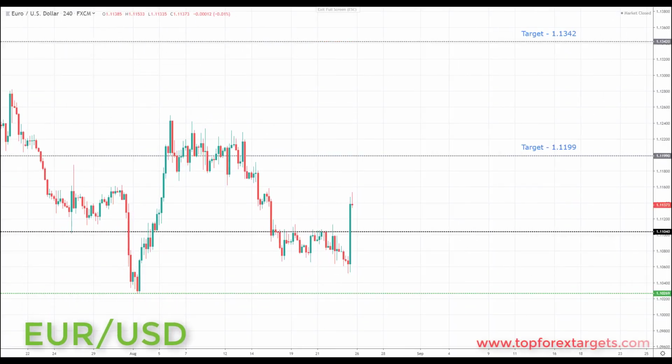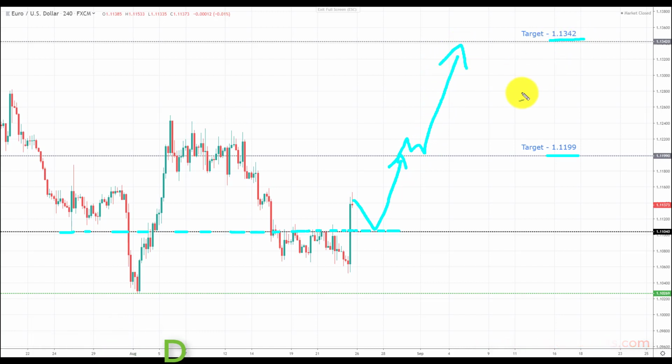So next market we're going to look at is euro dollar. Now we start the week above a key area of broken resistance from the past, looking to turn support at the 1.11040. If we can get a pullback, and as always, preferably a retest of broken resistance turning support, this will be a fantastic place going into next week to start to look for those bullish formations and patterns. And we're going to be looking at initiating longs up towards the next key area of resistance to the upside and the target set, the 1.1199, and if we can get a break through here, we're going to be looking up towards the next key area of resistance to the upside and target 2 at the 1.1342.